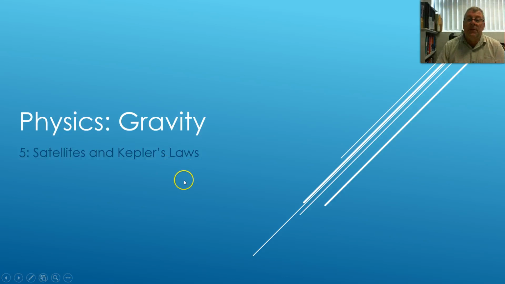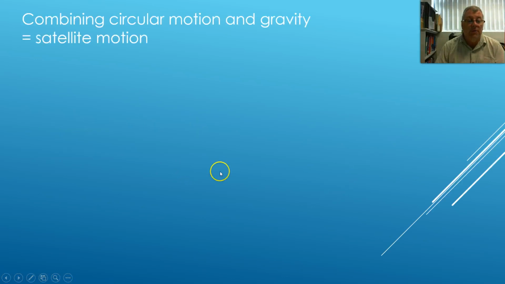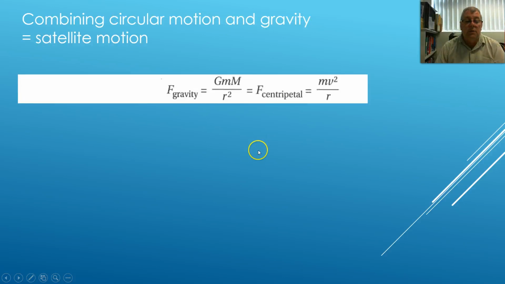We've already learned a little bit about satellite motion and its relationship to gravity, and so we've combined circular motion with gravity to give us satellite motion. And we can explore that a little bit more. There's our equation for gravity, there's our equation for circular motion, and they're all equal to each other for satellite